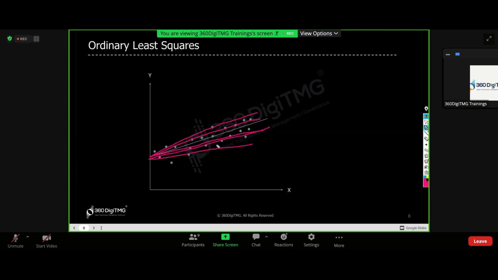Multiple possibilities are there for the straight line, but I don't know which line is the best line, which will give me the least square of the errors, or in simple words, the least error. Obviously, if I have a data point like this, if I draw a line from here,